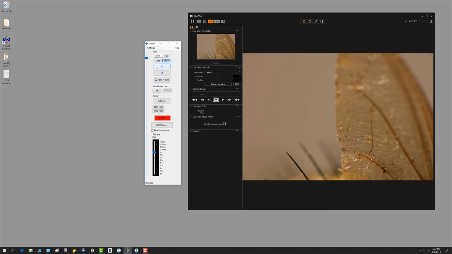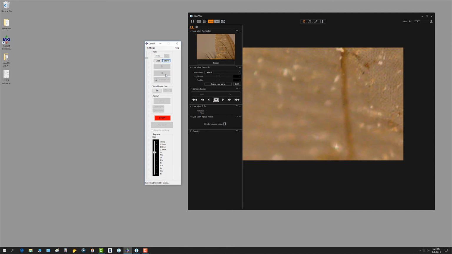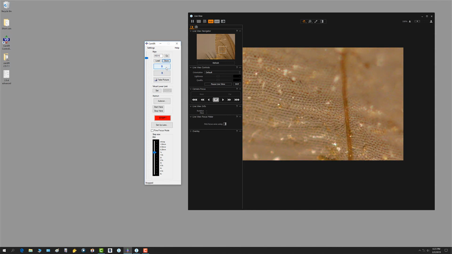It grays out because you're telling it to move to a position. So it moves to that position, it gets feedback from the motor, it verifies it's in that position, then it turns back on to let you take another step. It's doing it pretty fast, but still, it's not like a smooth racking back and forth focus. It's a bit coarse. Okay? Now, if I wanted to